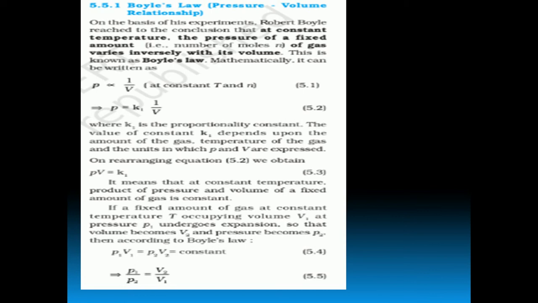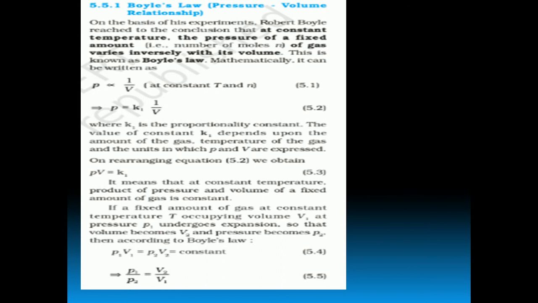From these two we can write V = k/P, where V is the volume, P is the pressure and k is the constant of proportionality. On rearrangement we can also write PV = constant, similarly P1V1 = constant, and P2V2 = constant. That is, PV = P1V1 = P2V2 = constant. From this we can write P1/P2 = V2/V1, and hence Boyle's law